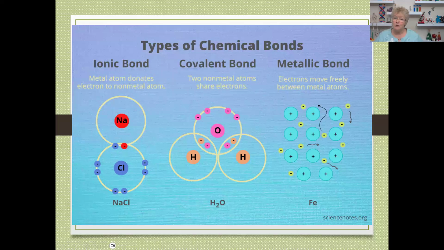We also talked about hydrogen bonds. Hydrogen bonds are a little bit different than these three main ones because, first of all, they're not as strong. Hydrogen bonds are pretty easy to break. But a hydrogen bond is a force between molecules, where these three main bonds are a force between atoms. So hydrogen bonds are really important. They're very important in water, in getting water molecules to separate from one another. And they're also pretty important in proteins and DNA, which is our genetic material. So hydrogen bonds are important, but they're not one of the three major kinds of chemical bonds between atoms.